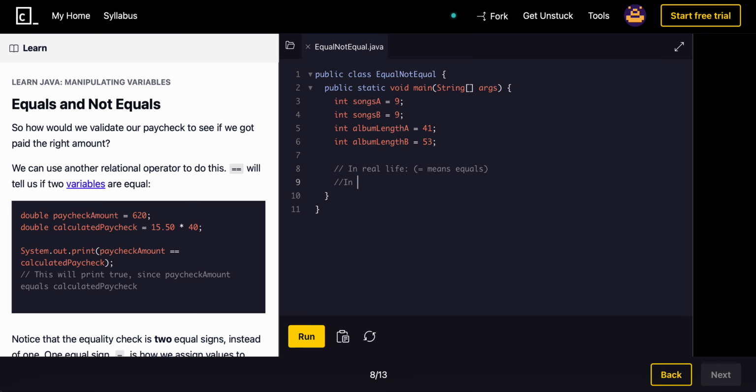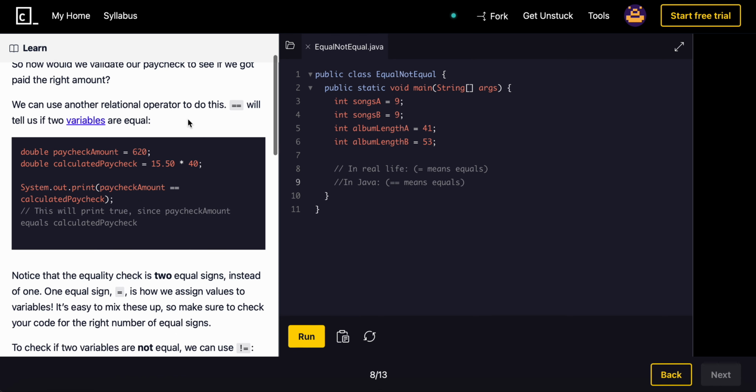But in Java, equals equals means equals, which is, I know it's crazy, but that's what we need to use because we can't use the single equals. Anyways,